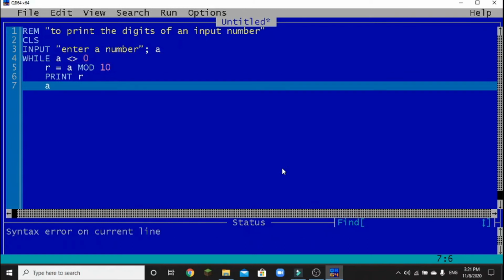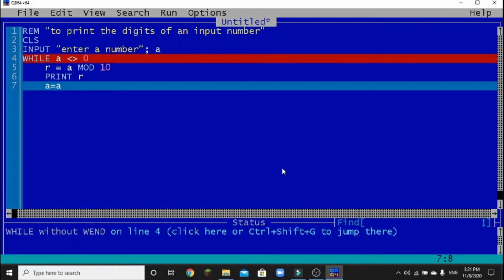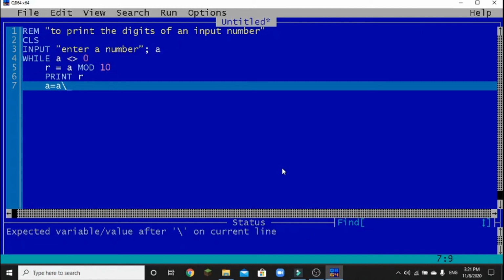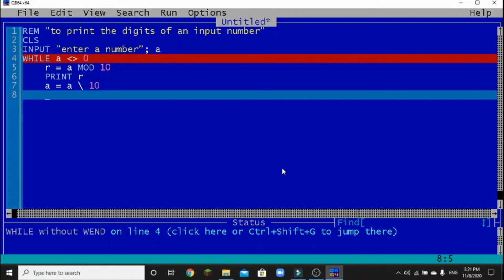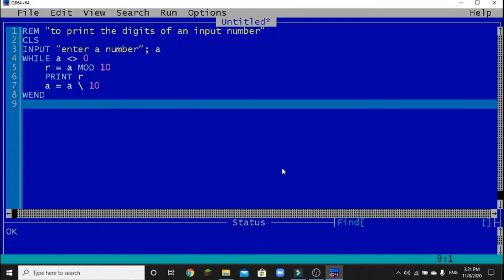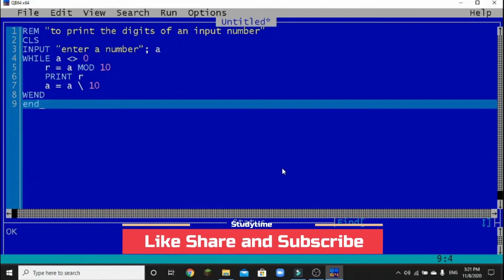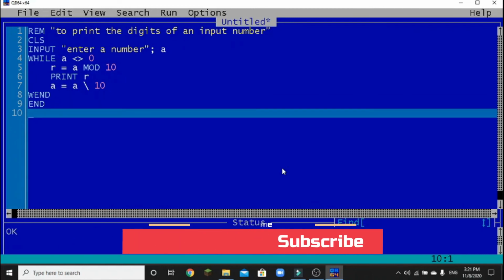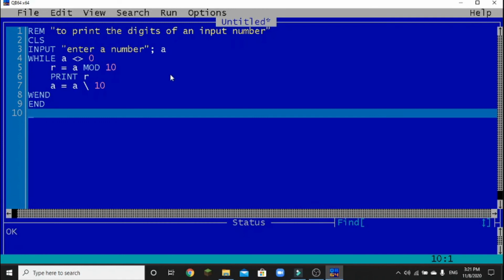Now you change the value of A by A is equal to A integer division by 10. In the next loop the value of A is changed with this statement, and terminate the program by using END. So this is the program by which you can calculate the individual digits of a particular number.